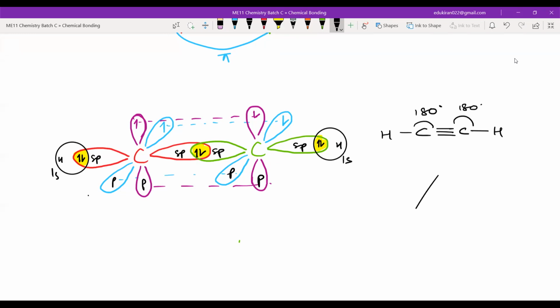Okay. So whenever you are measuring angles, you will have at least two bonds, and in between them there will be one atom. As you can see, this is one bond, this is another bond, and this is the carbon atom between them. So whenever you are measuring the bonds, please remember that. Also, this is sp, this is also sp.